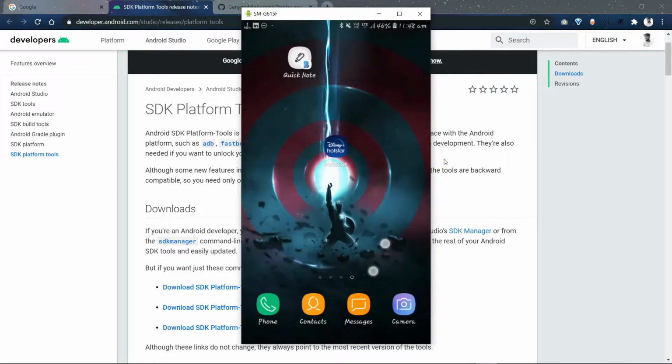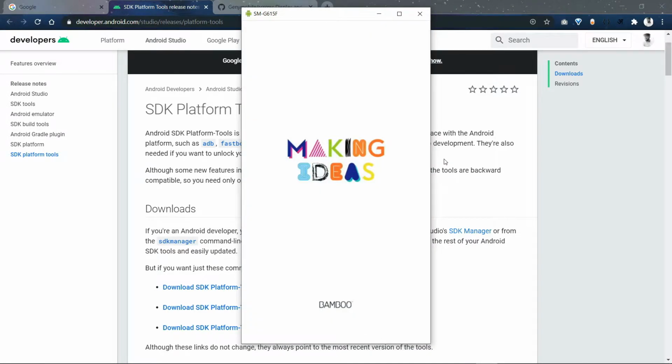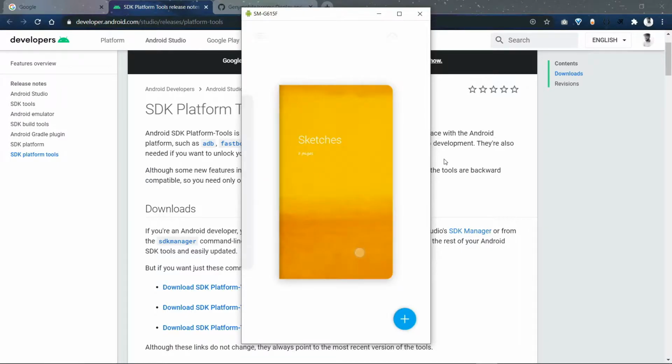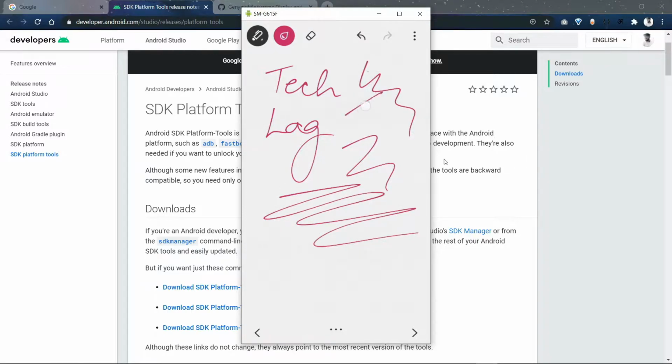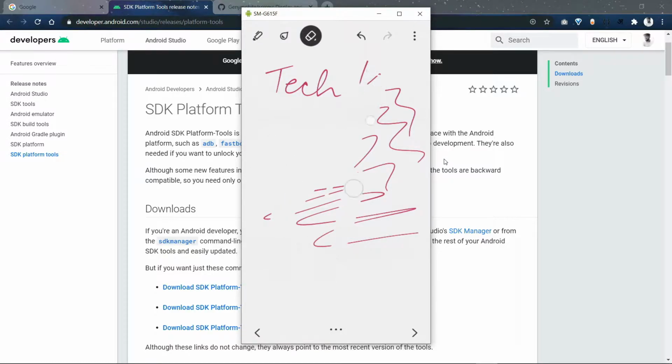You have to set up some things in your mobile phone and in your laptop, and it will also help teachers and online educators who cannot afford the price of writing pads or other such stuff for teaching students. In this, we can type or write anything on our mobile screen, and it will be displayed on our laptop screen, and it is much less laggy